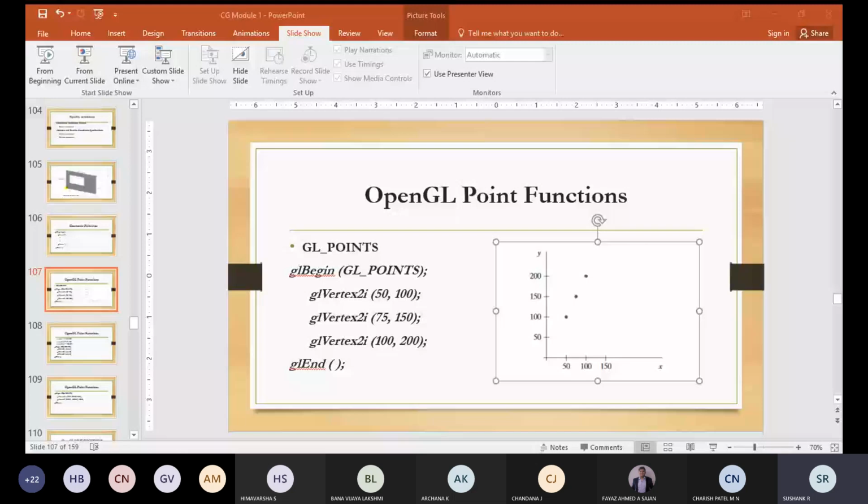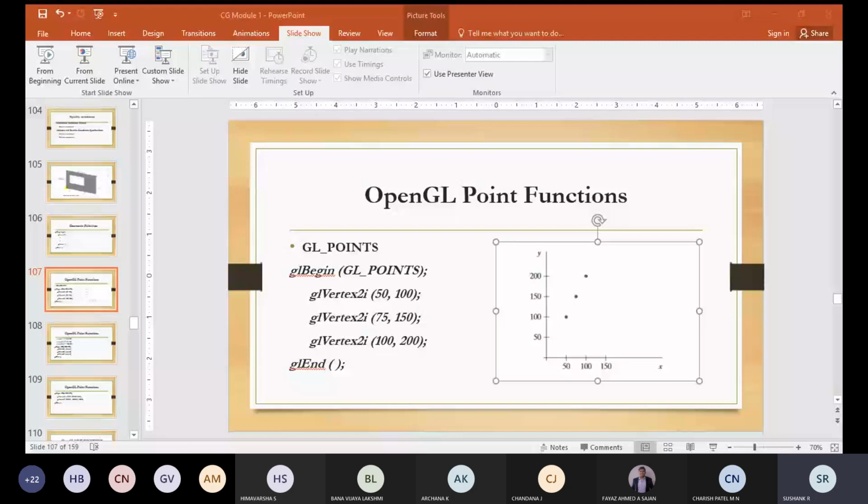Instead of using integer, I stands for integer, you can also specify f. F stands for float. You can also specify d, which stands for double. And the 2 means two dimension. You can even specify three dimension also. In OpenGL, the dimensions can be two, three, or four.